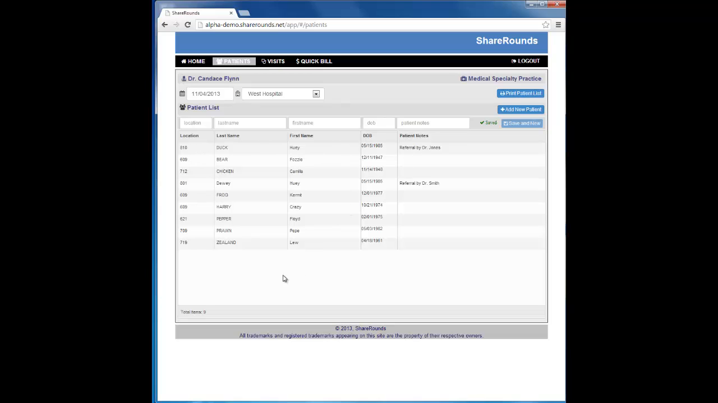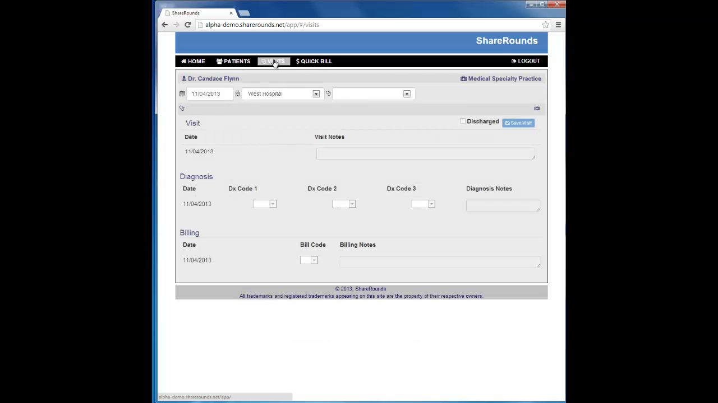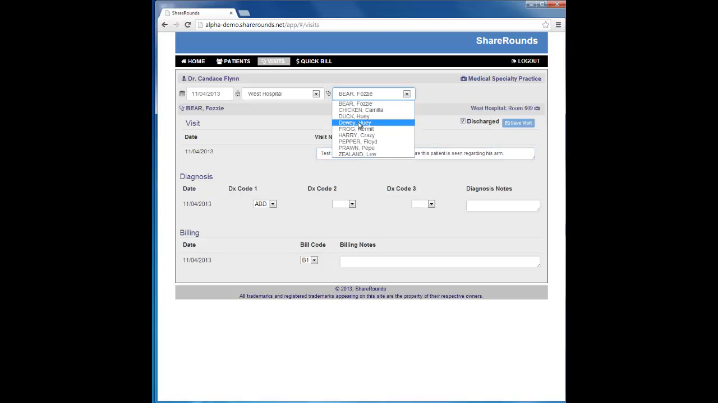Once the physician verifies that this list is complete, they can decide to print the patient list if they wish to have a printed version while they do rounds, or they can go straight to the visits page, and then here they will go patient by patient, entering information for the day. As you can see, this is where you can enter visit information for that one specific day, a diagnosis code,